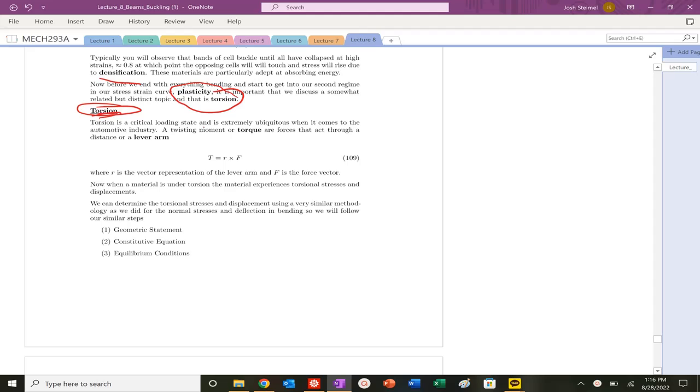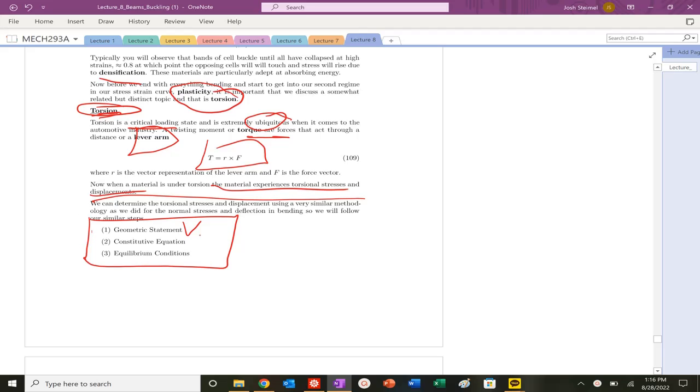So today we are going to talk about torsion. That is a very, very important loading state, very ubiquitous as well, similar to bending. And for torque, they act basically through a lever arm. And materials will experience similarly torsional stresses, torsional displacements, and we're going to do the geometric statement, constitutive equations, and